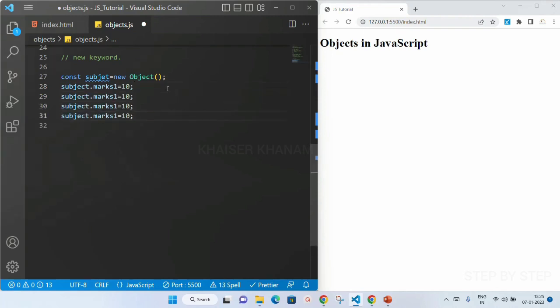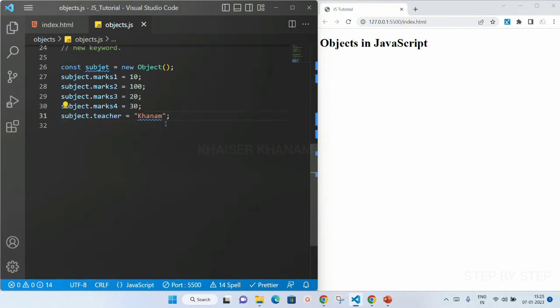Let me just copy the same thing. marks2, marks3, marks4, 10, 100, 20, 30, and here finally I'm just going to give teacher, the subject teacher. Here let me just write Khanam. I will save this. Now if I just display this one,